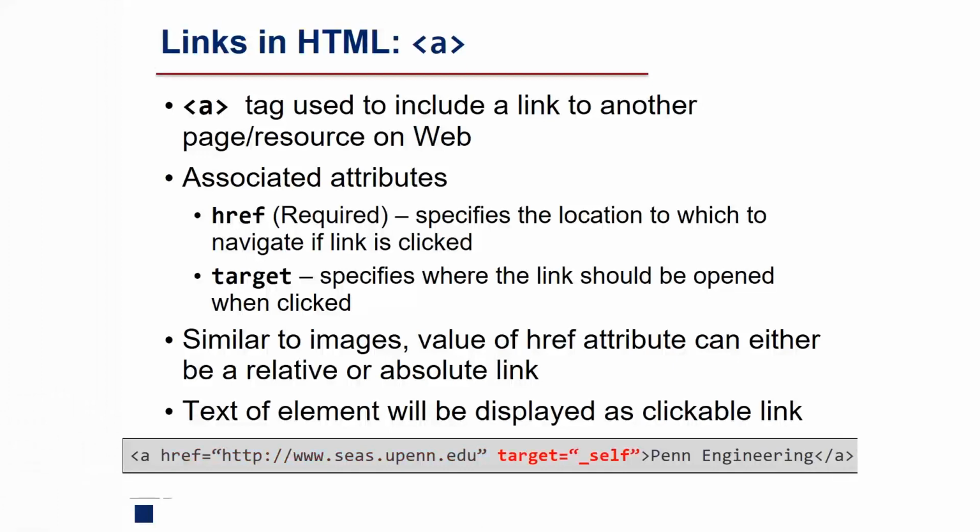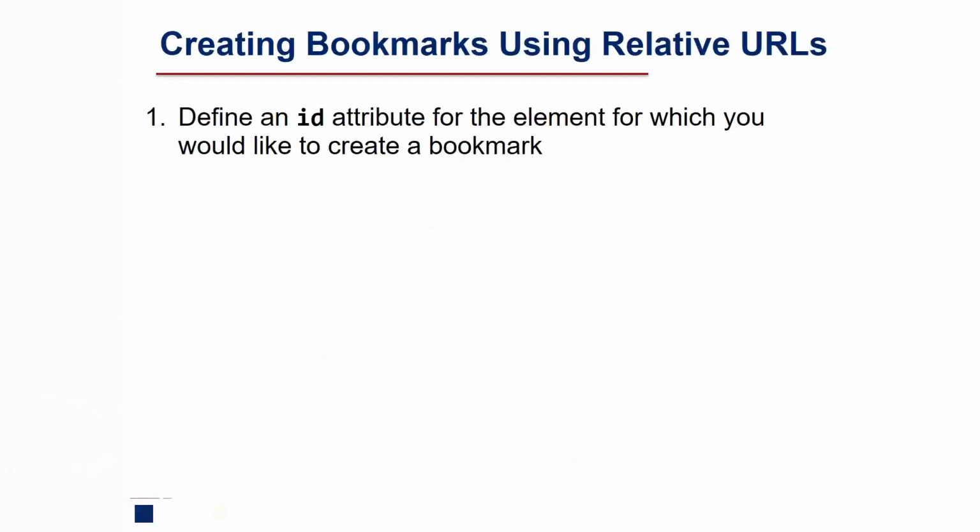We have the target, in this case meaning just show the content in this web browser itself. Here is the text that, as you've seen in many web browsers, I'm sure, is the clickable link. And then we end the HTML element using the /a tag. Sometimes we can use an A tag or an A element, an anchor element, to link not just to another